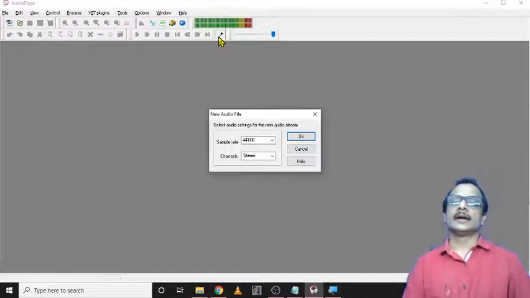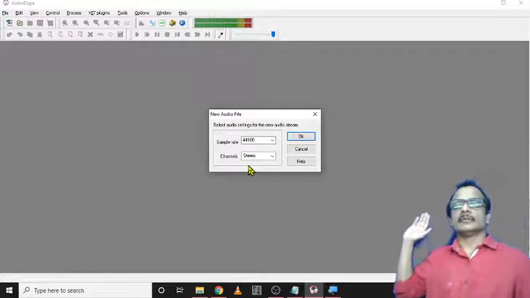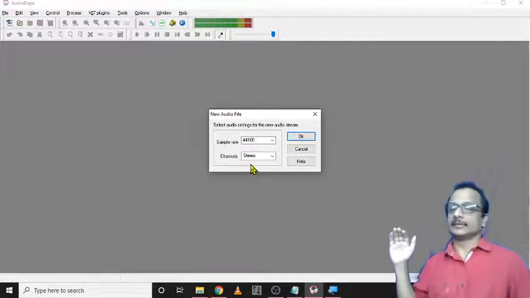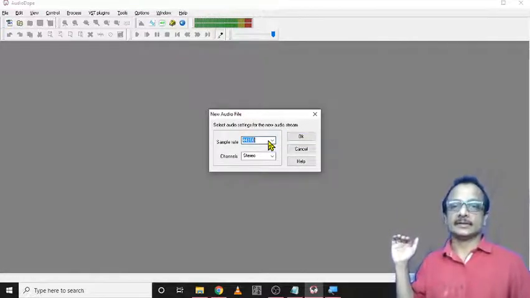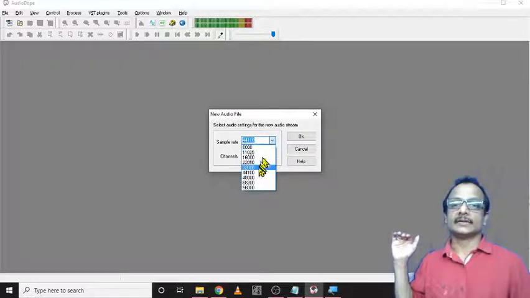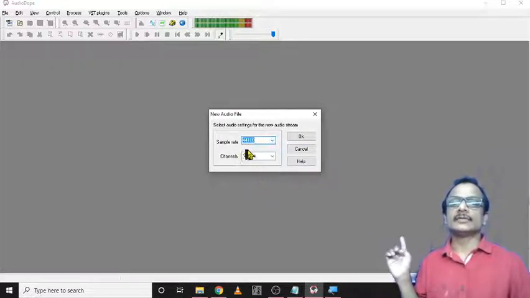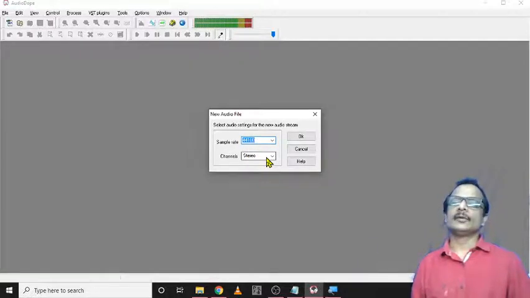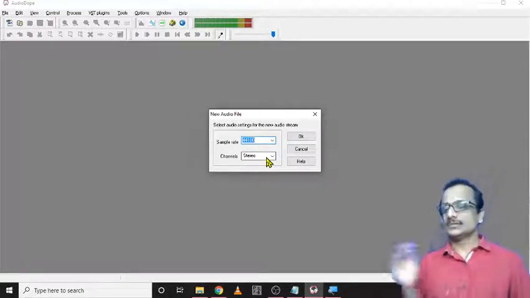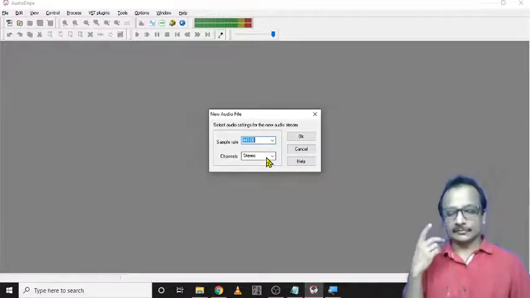Just click. Now the rate of recording is there. Is it stereo, and its rate? Usually the default is 44100 and it is stereo. No need to change it, but there is no need of stereo recording for our recording.